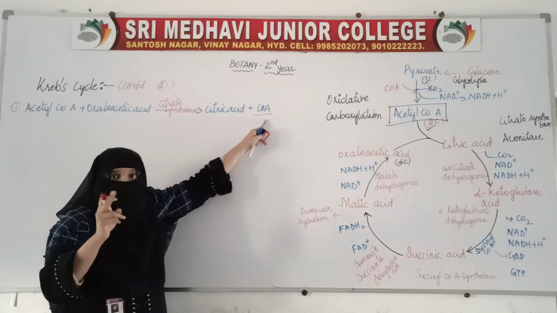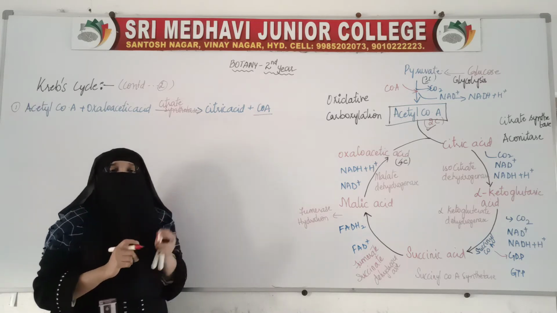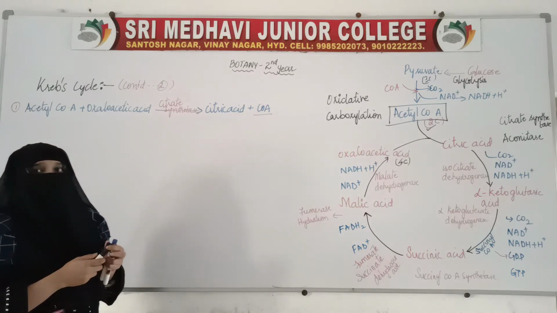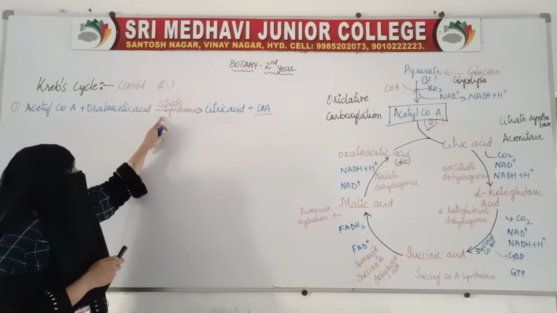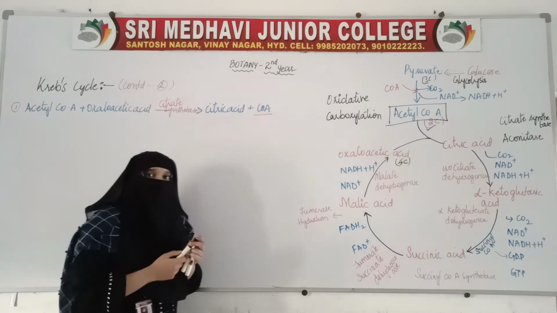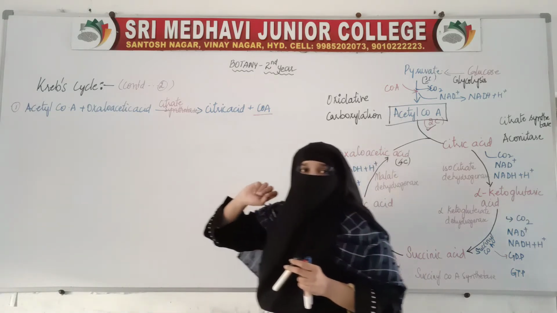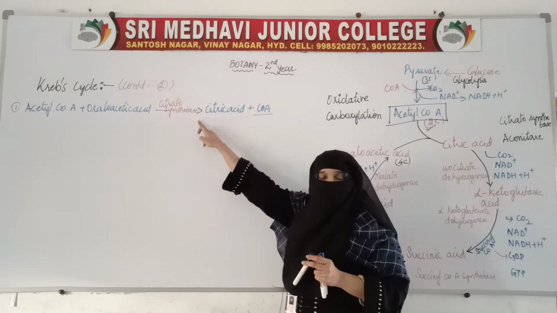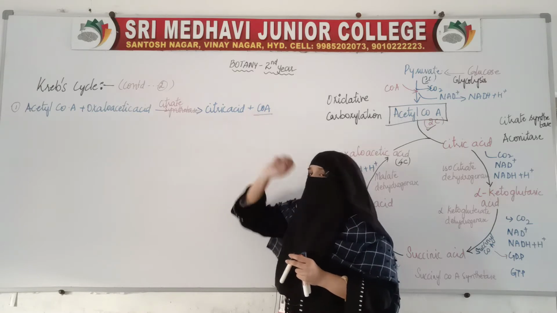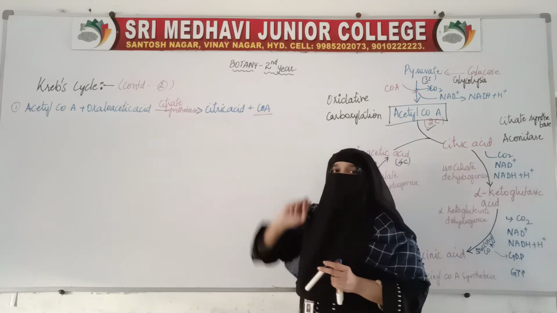So what is formed at the end of the first reaction? We have got citric acid and a molecule of coenzyme A. The enzyme which helped in this reaction, the first reaction, where a 2 carbon compound was changed into a 4 carbon compound, is citrate synthetase. So the first stable compound which we find in this cycle is citric acid.